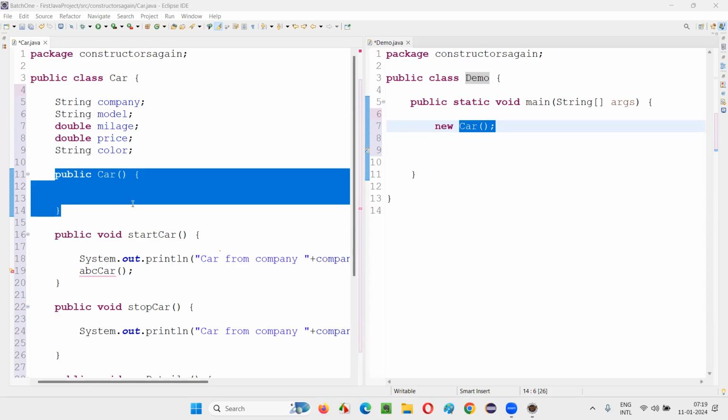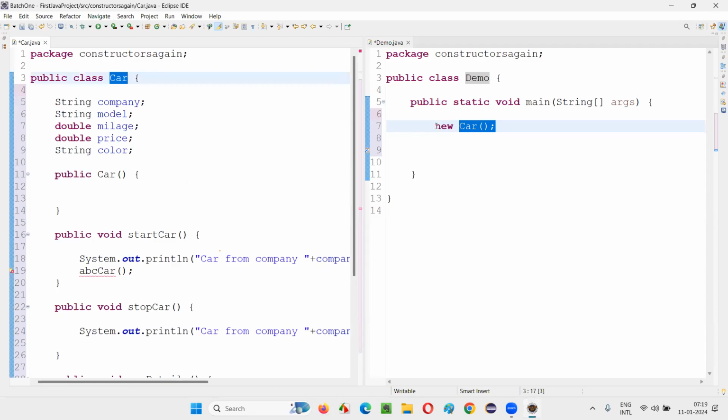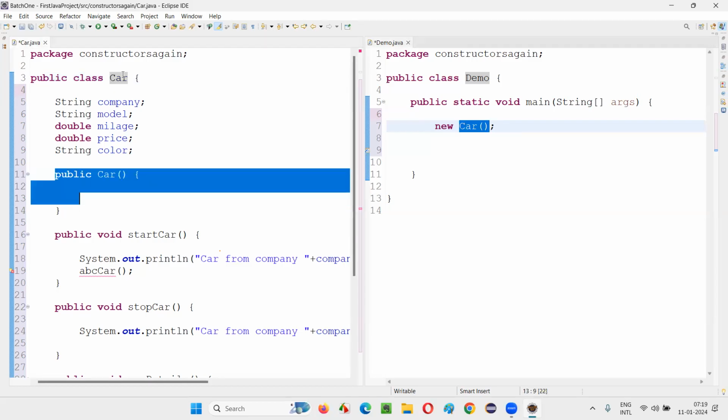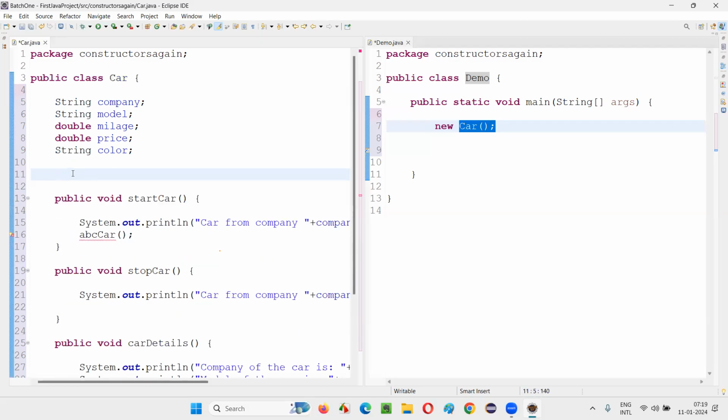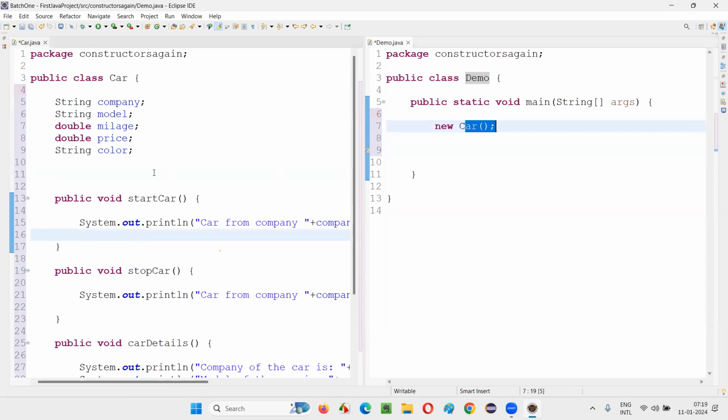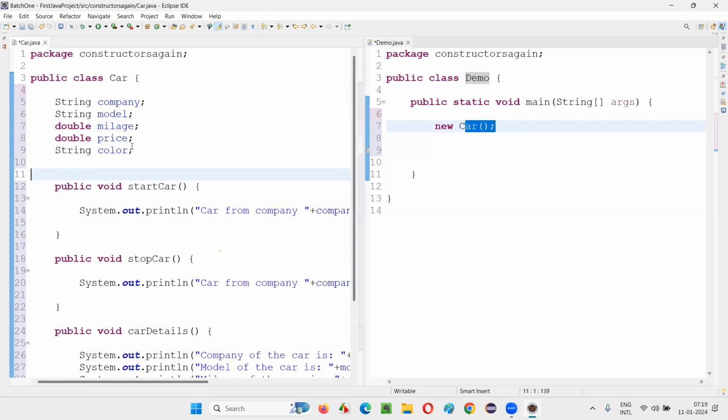So there is a default hidden empty constructor in every class. That's the reason when you create an object, even though there is a constructor calling statement and no constructor in the class, there is no error, because there is already this kind of hidden empty constructor. I'm removing that, but you see, still error is not coming. That's the reason, guys. Till here, clear for you?